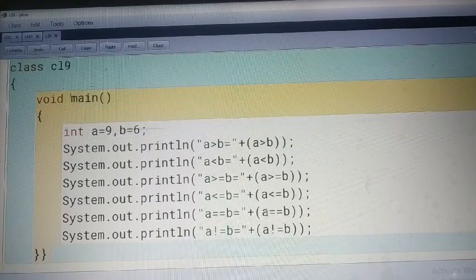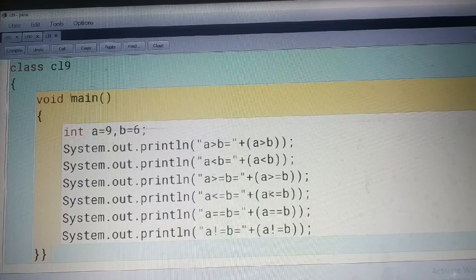Now see the fourth statement. In the fourth statement, we have taken 9 and we have checked whether 9 is less than or equal to 6. First, a is less than b is compared.